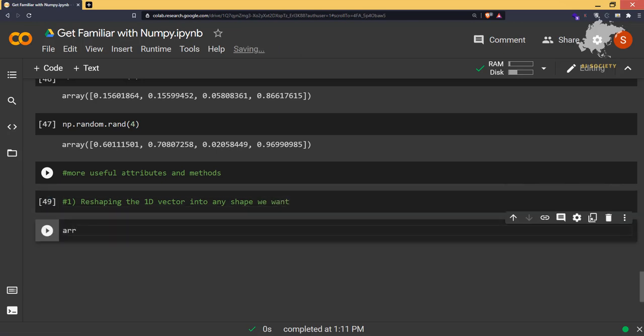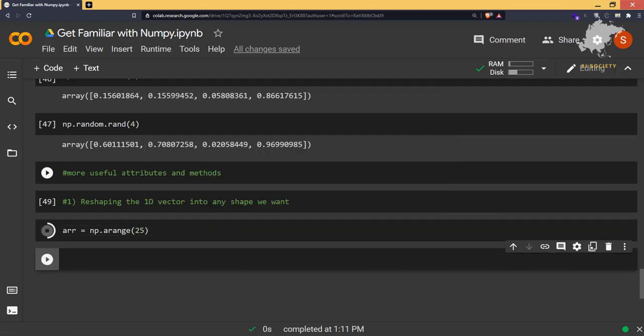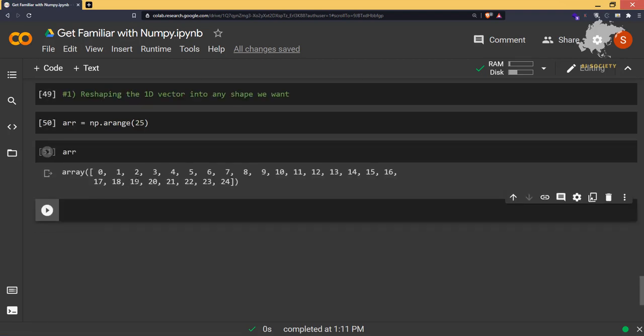If I say ARR is equal to np.arange, it is going to give you the numbers between 0 and 24, not random ones, and store them in the ARR variable. If you check ARR, it has the array between 0 and 24. You know that, right?